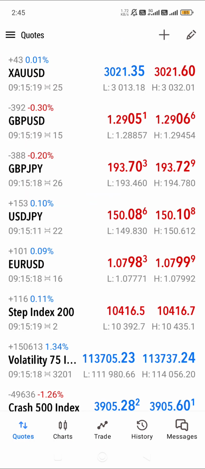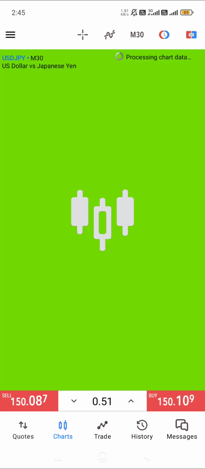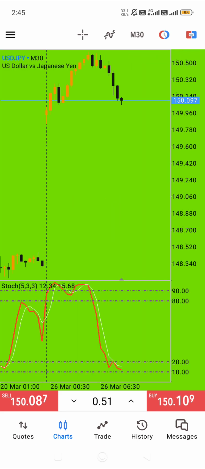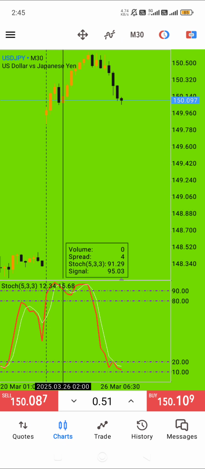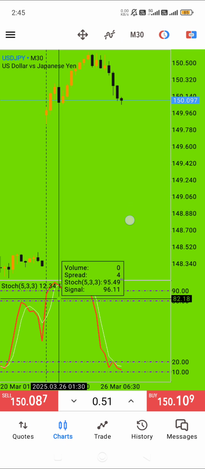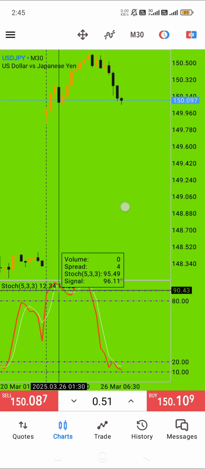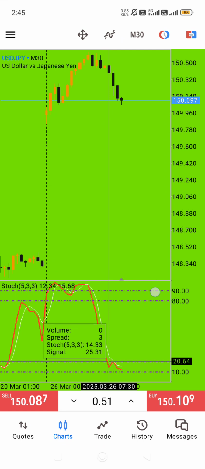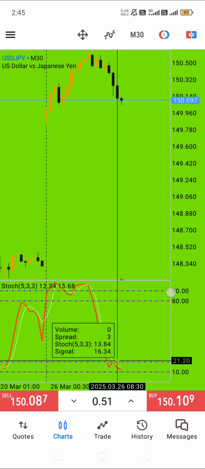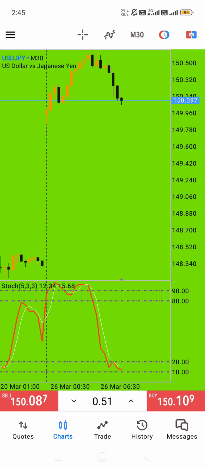Any other currency, USD JPY, same thing. USD JPY, I will check here. This currency is at the top in 80 and 90. The 80 and 90 levels both cross the line, then go to the market downside. Here the 10 and 20 levels touch up and try to cross. That means market strong sell. Right now buyer is active, but once it confirms the signal, then you can trade.